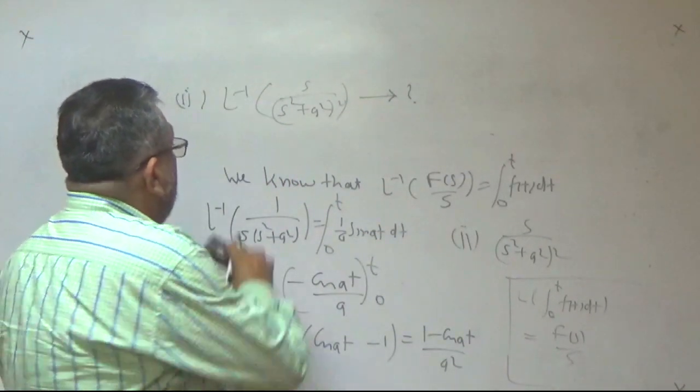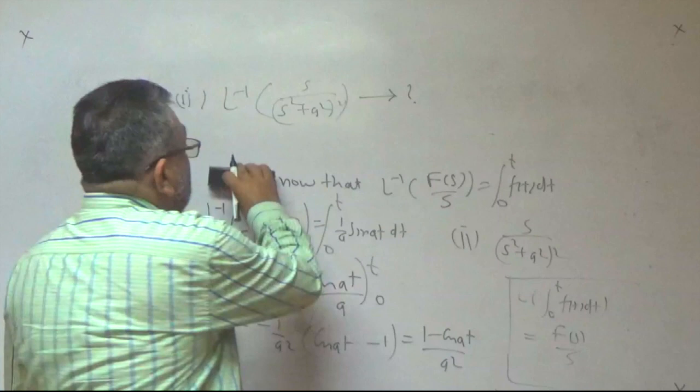Here we see 1 upon s square plus y square; there are various methods by which we can find this inverse. But if we take F(s) as 1 upon s square plus a square, and analyze this F(s), if we differentiate this,